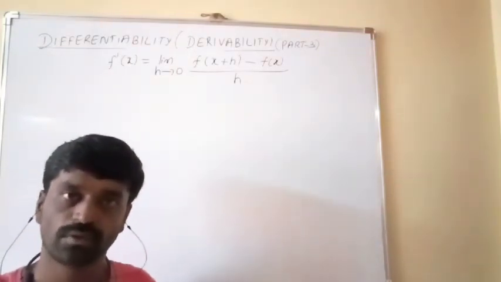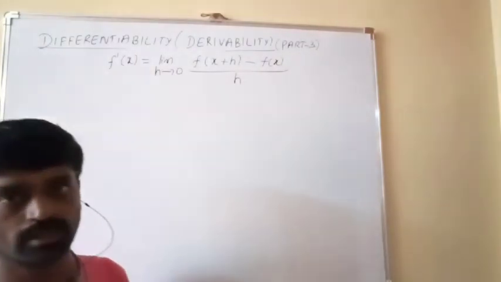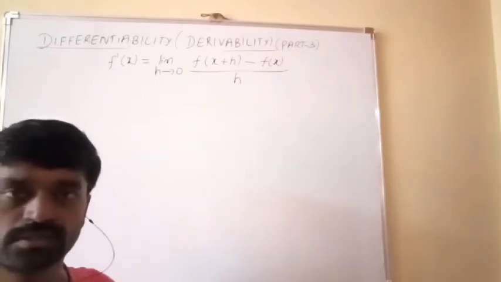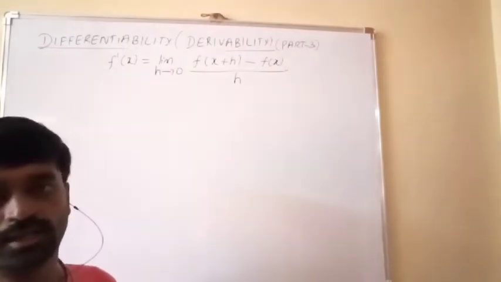If they ask f of 1 or f of 2, f of 10 or f of 5 or f dash of 2, f dash of 3, anything we can find. Once we have f of x, we can find anything. Okay,